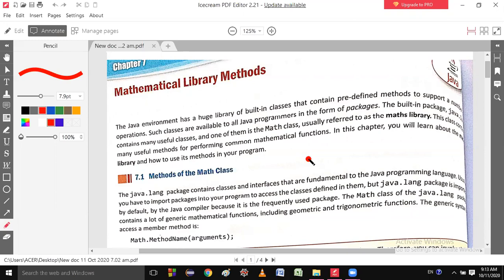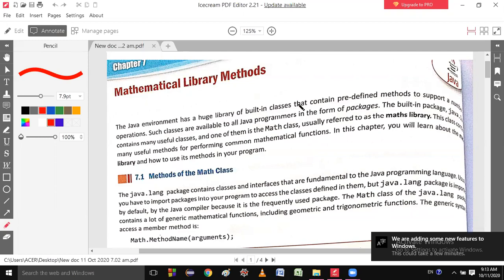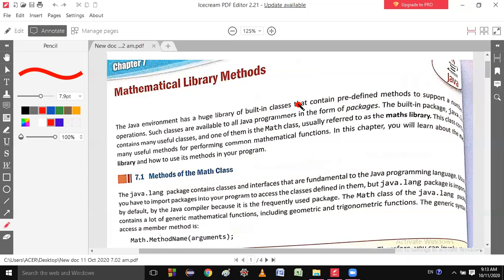Otherwise you can write import java.util.Scanner. Do you do this or not? Yes, sure. But in Java there are some packages that are included by default in your program, so you do not need to import these packages.